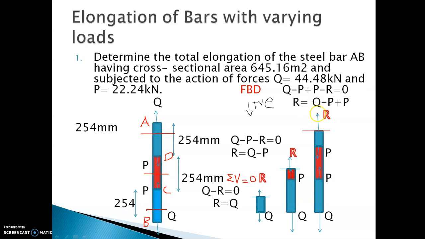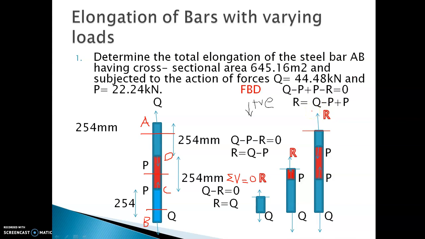Now we can see here this is tensile. This portion AD is also subjected to tension, and there will be elongation. So the elongation is positive. Now all these portions are subjected to tensile stress, so it will be elongated, and the elongation is positive. Deformation is positive. Now I can write this top and bottom portion. You can see it is subjected to Q. Bottom portion is also subjected to Q. This topmost portion, AD, is also subjected to a resultant reactive force of Q.